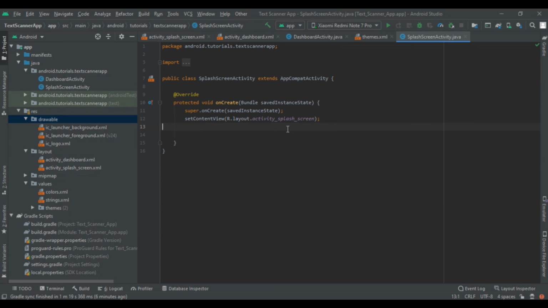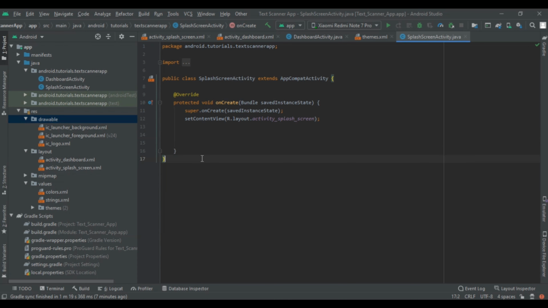And in this application, we are going to take images from the device or take a photo from the camera and scan that code through one method, scraping the text from it. So we are calling this app the text scanner app. In this application, we are going to start our first video without wasting time.